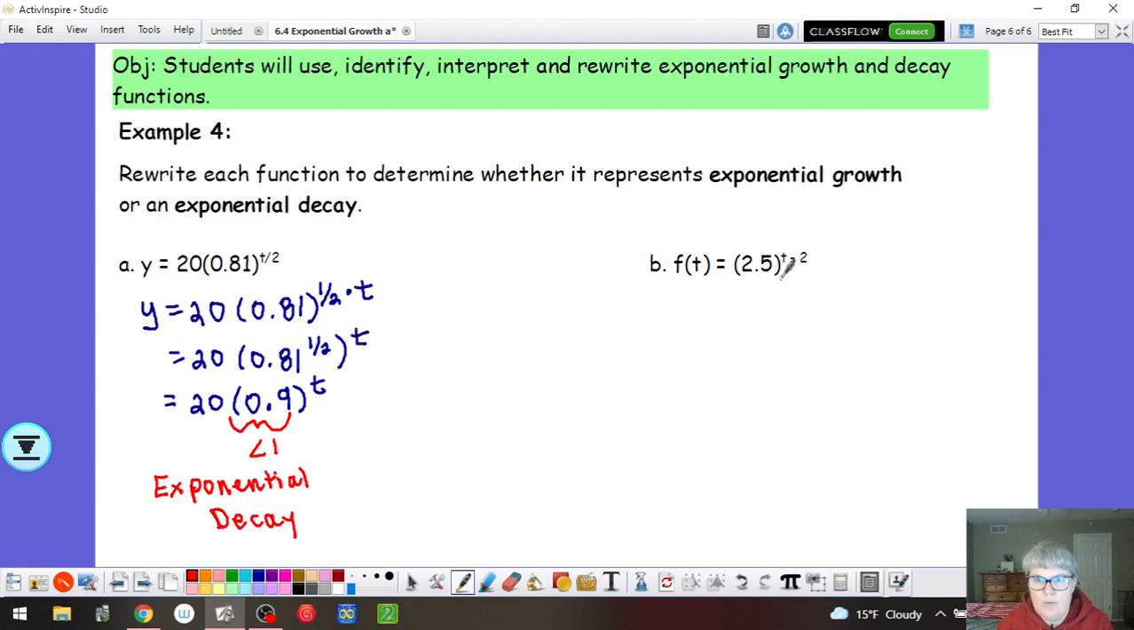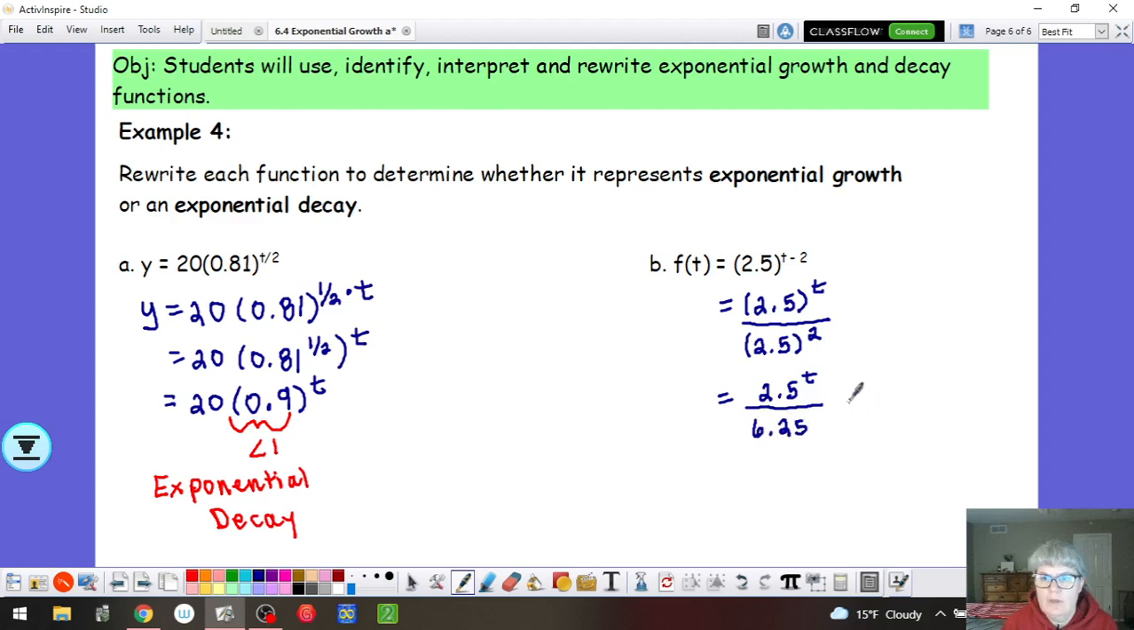When I look at example B, we have t minus 2. If you remember your properties of exponents, we would subtract when we have a quotient. So this right side of my equation is going to become 2.5 to the t over 2.5 squared. And when I find 2.5 squared, I'm going to have 2.5 to the t divided by